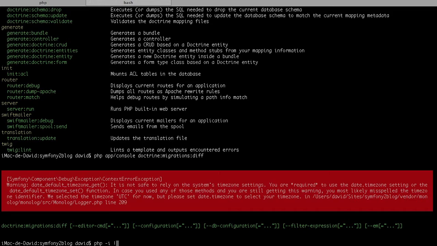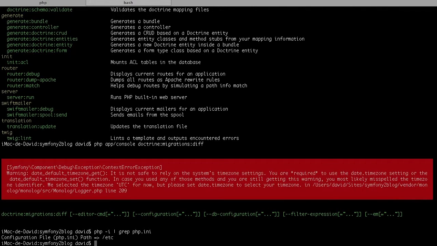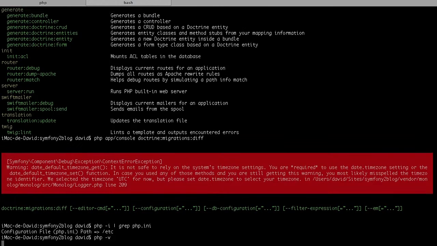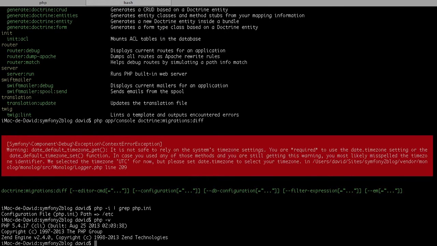We add a pipe and then grep php.ini to filter by the file we are searching for. php -i shows information about the PHP runtime interpreter. It says that I have the configuration in /etc, which I suspect is the system default PHP. As I don't want to use it because it's an older version than the one installed by Homebrew, what I'll